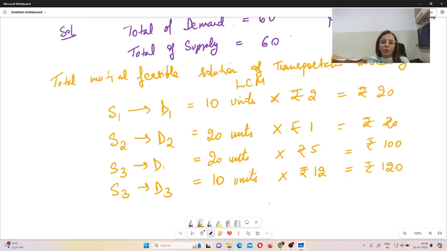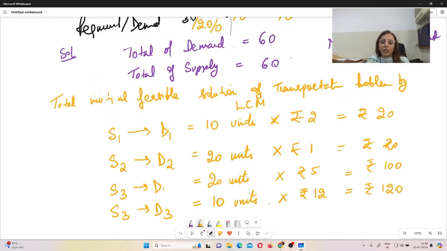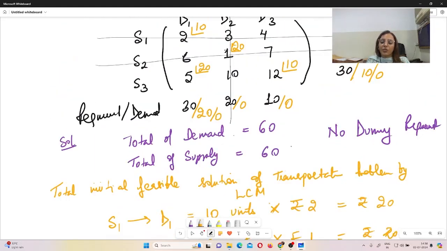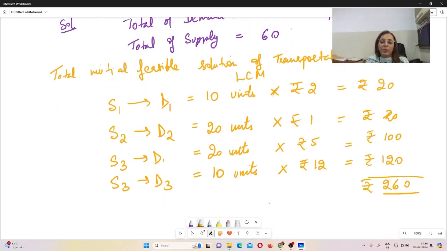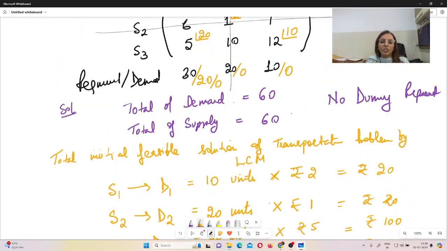So check how many allocations we have done: 1, 2, 3, 4. Check on the matrix also, 1, 2, 3, 4. Yes, the total allocation is 4. Sum up all the values: 20 plus 20 plus 100 plus 120. So total 260 cost you have done up. Initial feasible solution is your 260, but find it when the number of rows and columns is equal to m